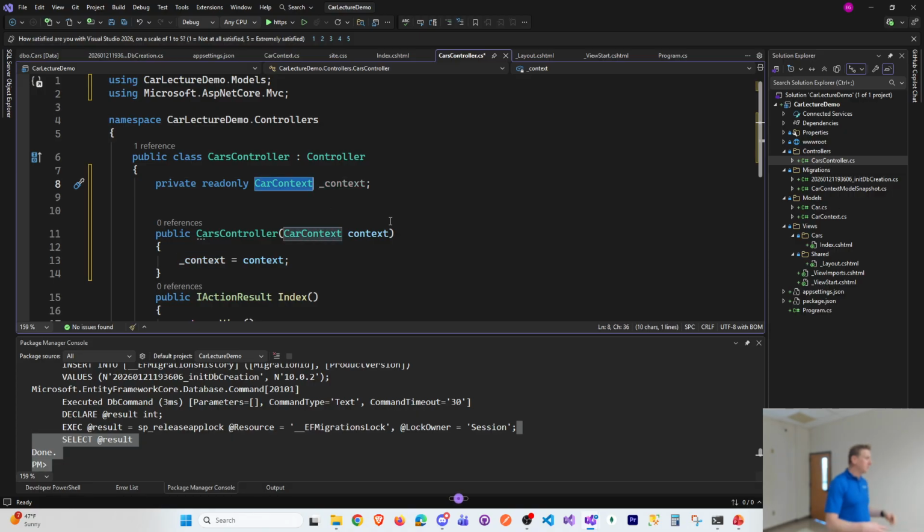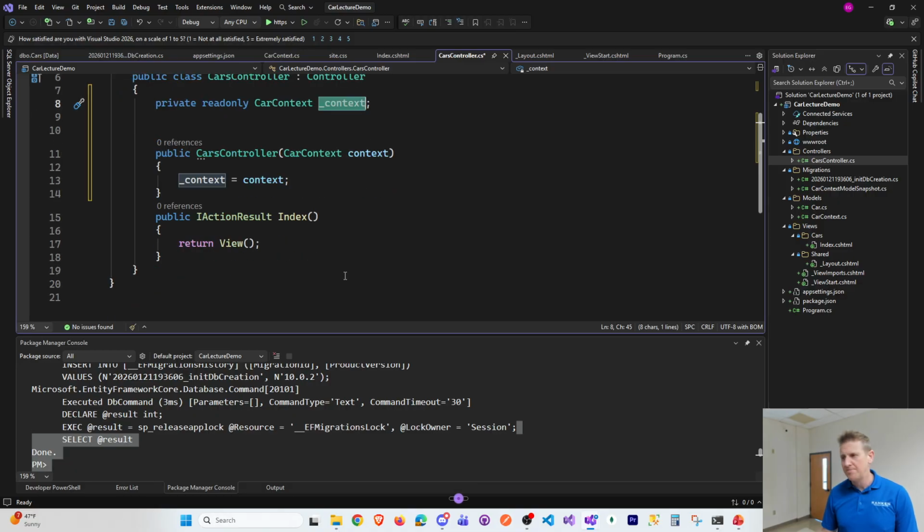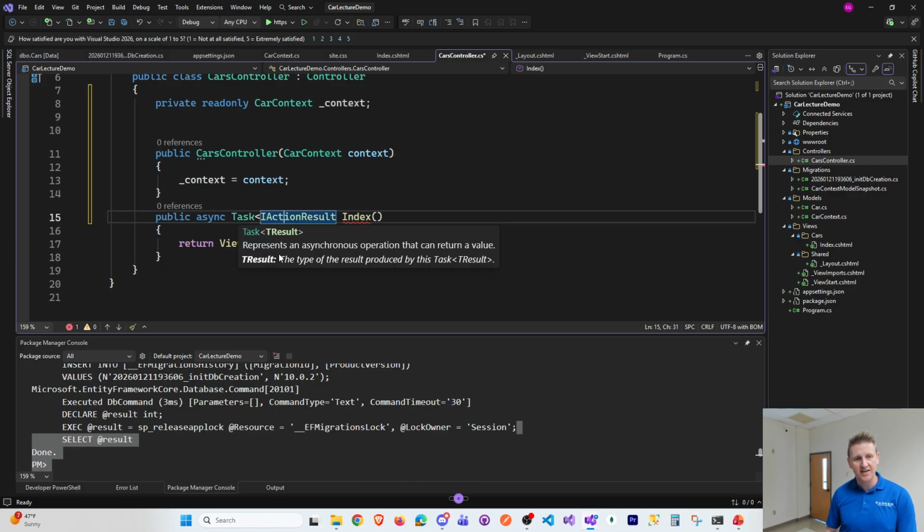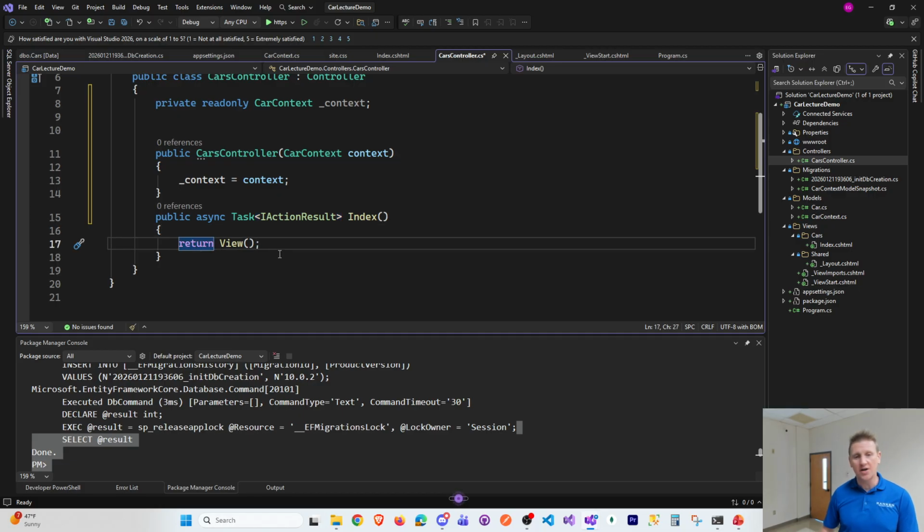So what are we going to do? We're going to get the cars out of the database and put them onto a web page, right? So underscore context is our variable that's going to allow us to interact with the database. Remember I said I made everything async, so I'm going to make this index an async method. Therefore, it must return the data type of Task<IActionResult>. This will allow us to await our database, and instead of returning to a view with nothing in it,